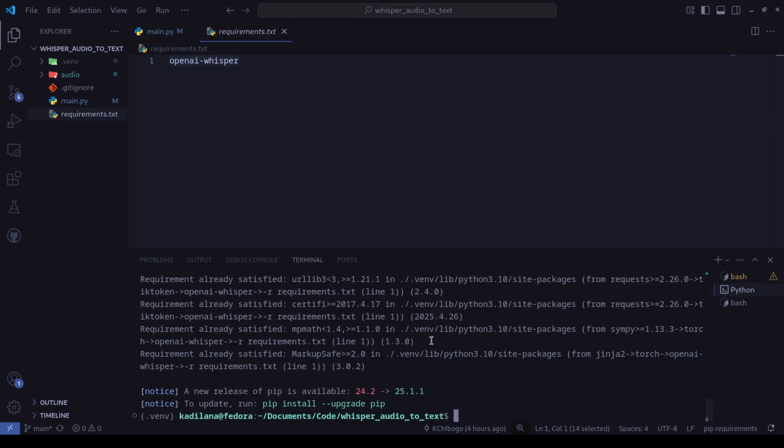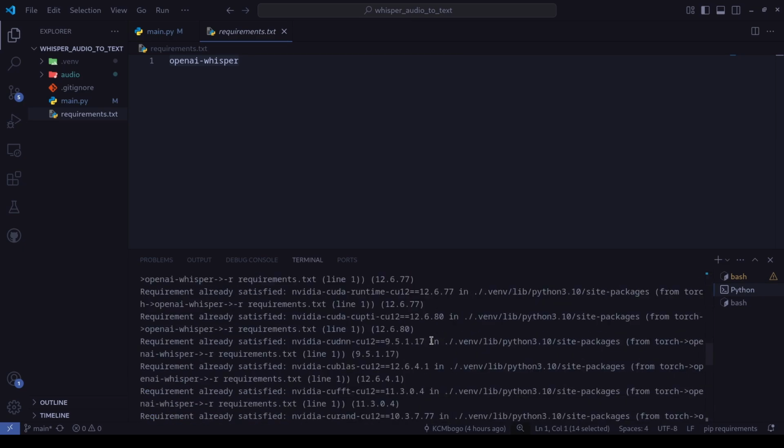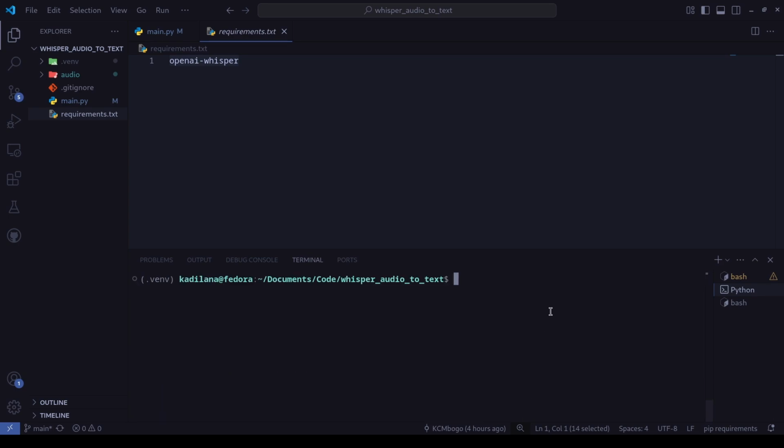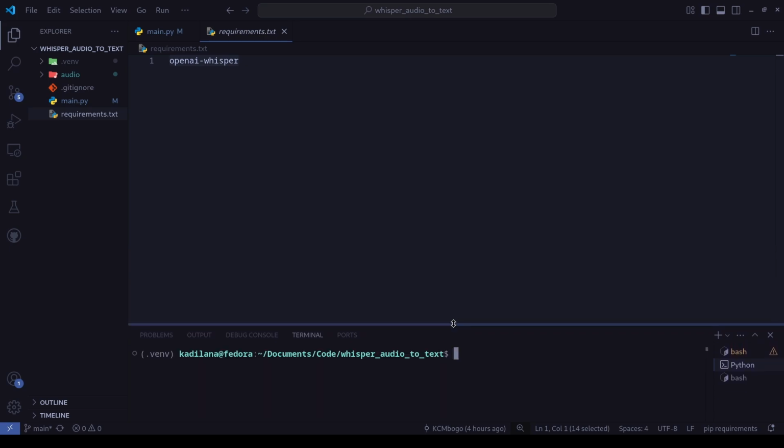But since I already have everything installed, it just read from cache. But for you, it might take a while, depending on your internet speed, and it takes a couple of GBs to install because it has a lot of dependencies to install, like Torch and some others. So when you're done installing,